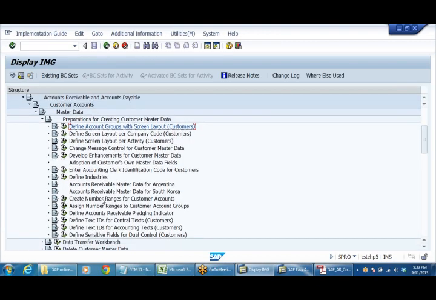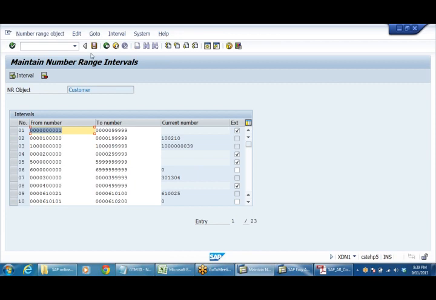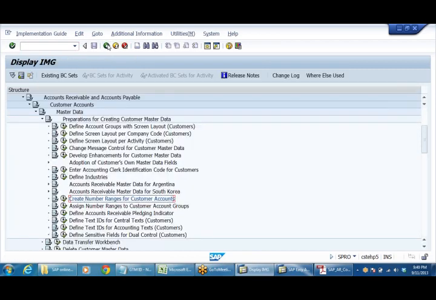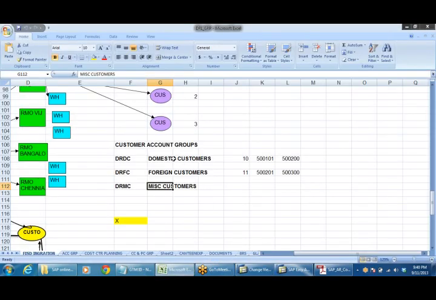Subsequently we have created the number ranges for the customer accounts, and we have assigned the number ranges to the customer account groups, because in each group I'm going to create a number of customers. Say domestic customers, I can have 1, 2, 3, 4, any number of customers.